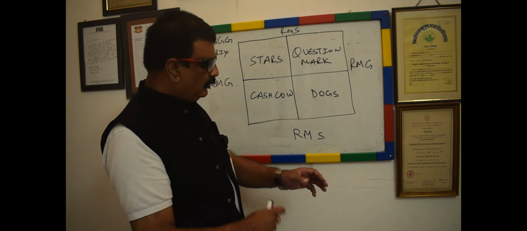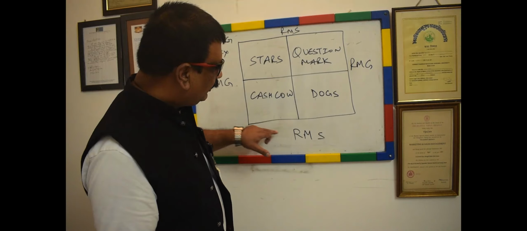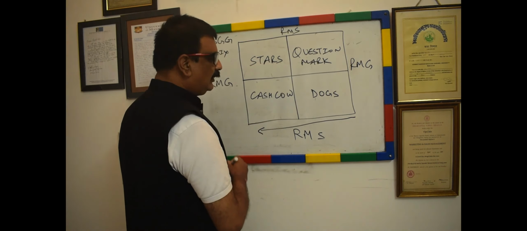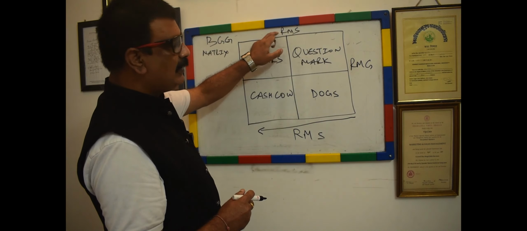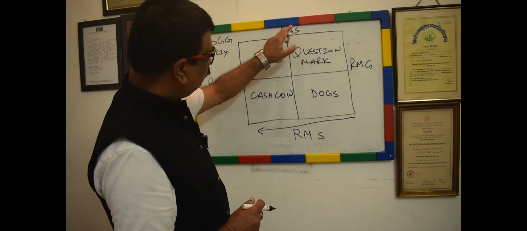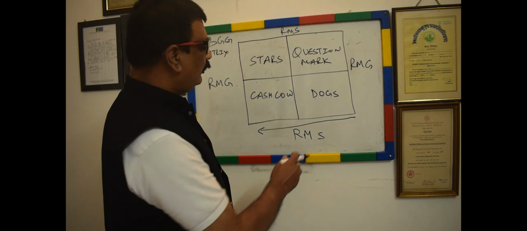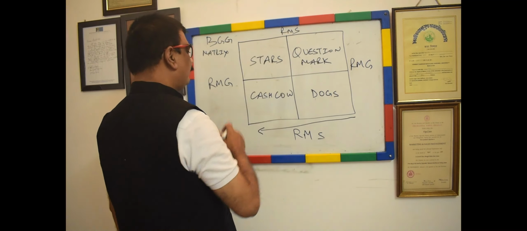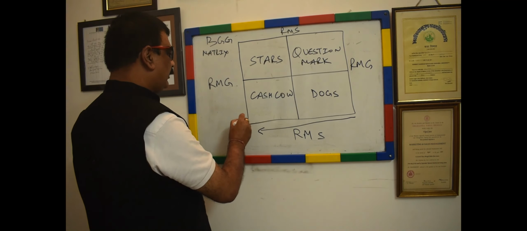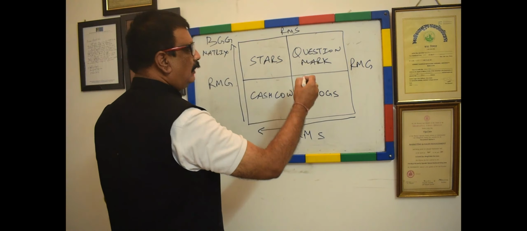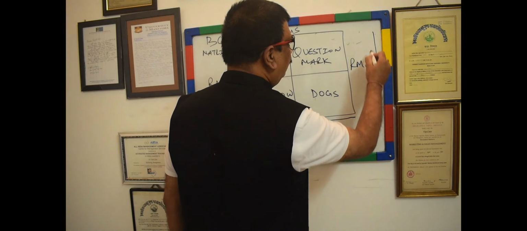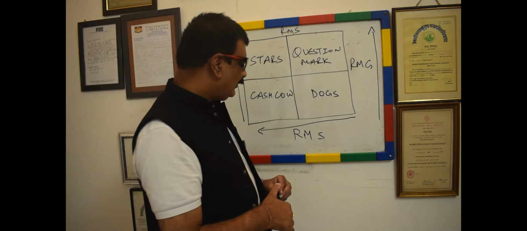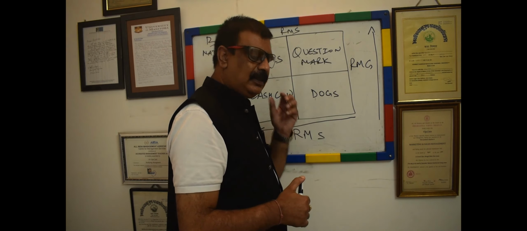One thing that you have to make sure of is, if this is relative market share, it starts from here and moves this side. And this is the mirror image. Mirror image means this is the replica of this. So if you are moving from here to here, then rest assured we are moving from here to here. In relative market growth, we are moving from this side to here, and therefore it's the same on this side. Now, before going into this, let us find out what is relative market share.